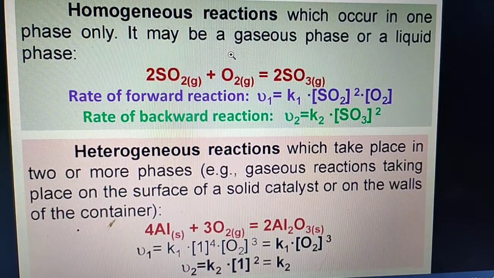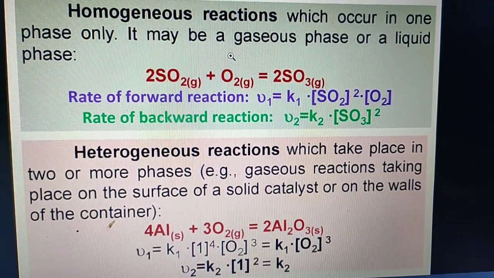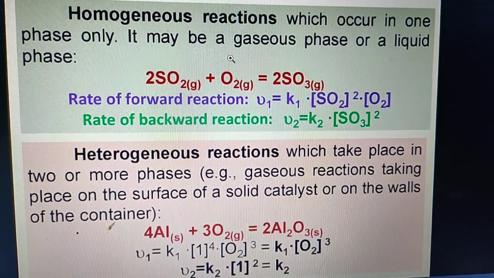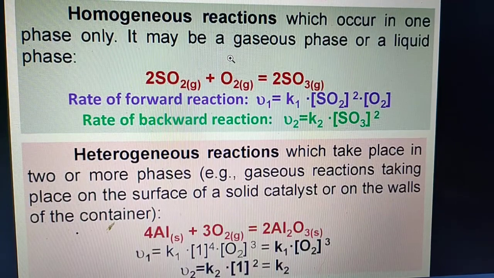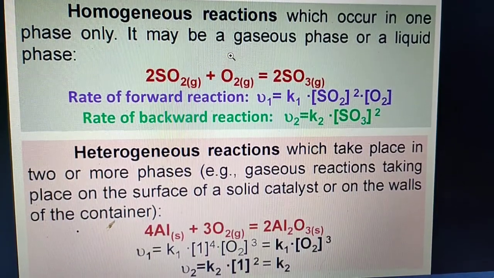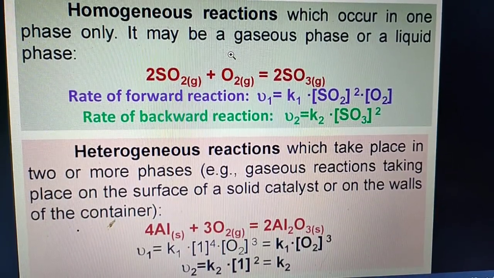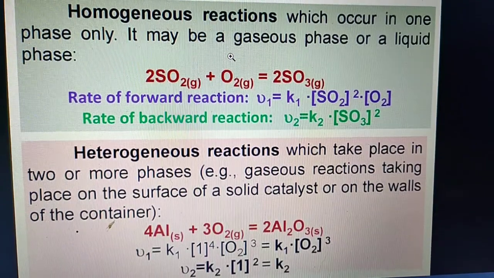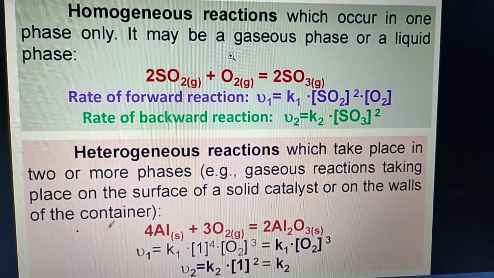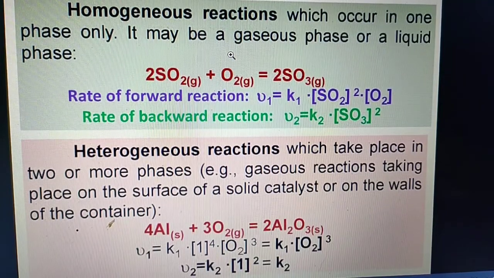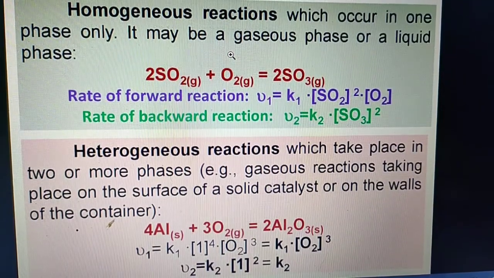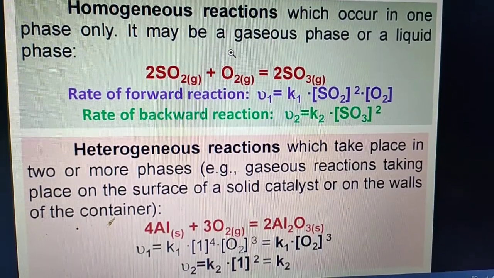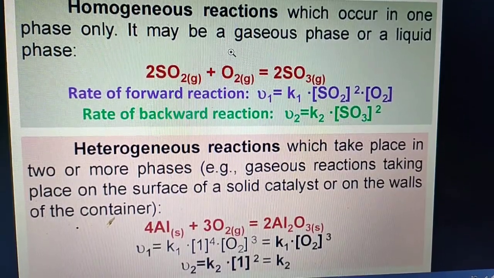In your book you can see two types given: reaction in gas phase and reaction in solution phase. In gas phase, all the reactants and products present in the reaction are in the gaseous phase. And the second one, reaction in solution phase, all the reactants and products are present in the aqueous phase. So all those substances in the reaction are present in only one phase. That is the example of homogeneous reaction.